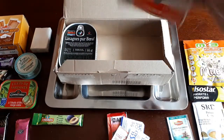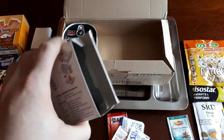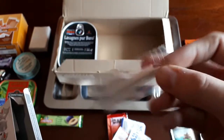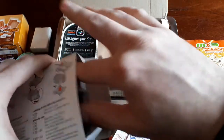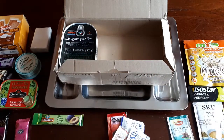Also, we have our Esbit stove kit. And inside this, we have some fuel tablets, 1 pack, and the second pack. We've got a little tiny fold-up spork spoon, a small packet of matches with the Eiffel Tower and the Arc de Triomphe on it,